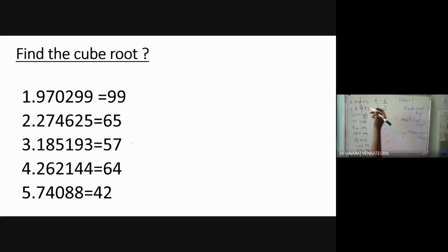If it is 4, put 4. Omit 3 values. 262 will come between 6 and 7. Same like that, 6. Here 8 means I told to put 2. 74 will come between 4 and 5. So least value 4. 2 means 8, 9, sorry. 941 will come between 9 square and 10 square. So minimum value 9. Can you solve the remaining 4 and post the answer in the comment box?